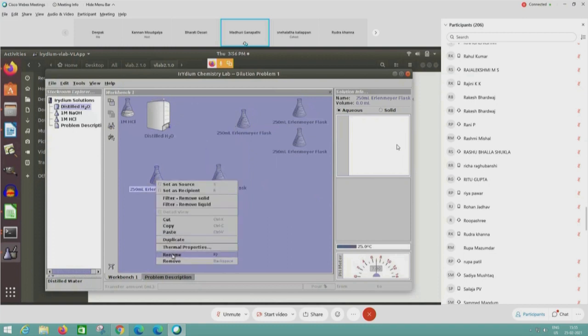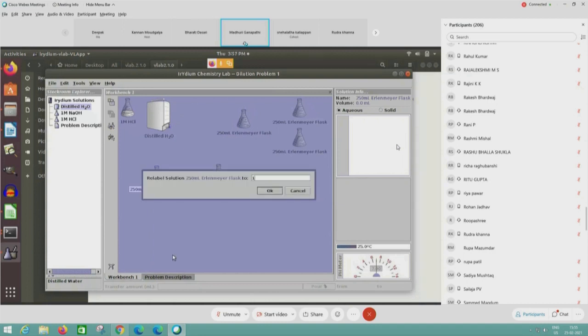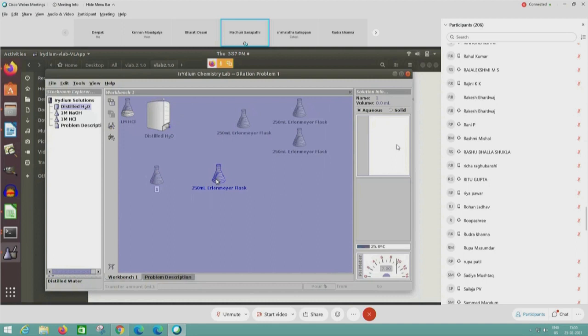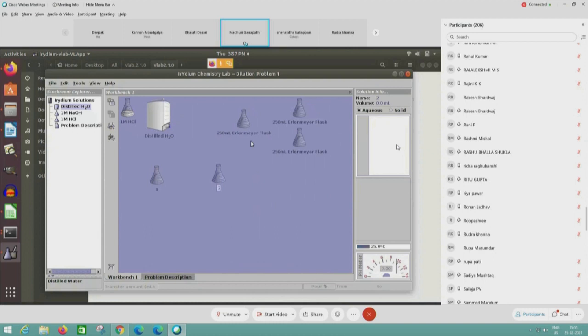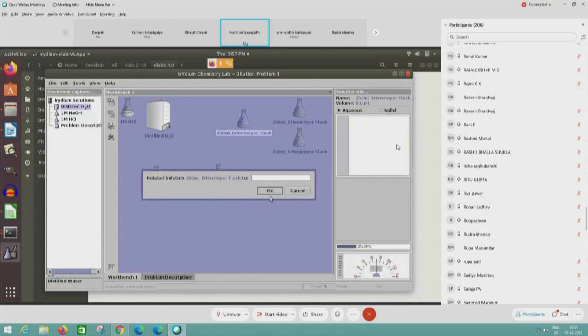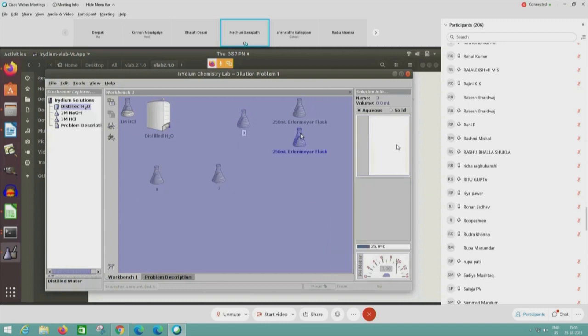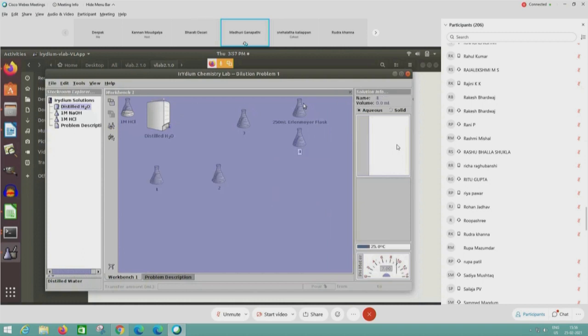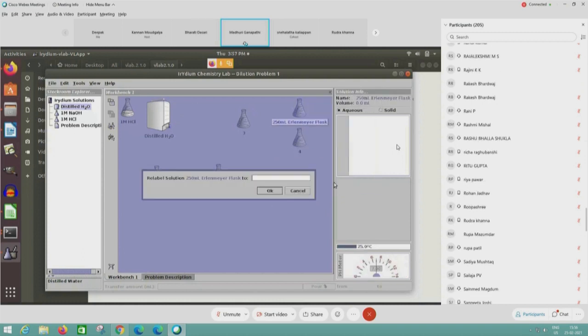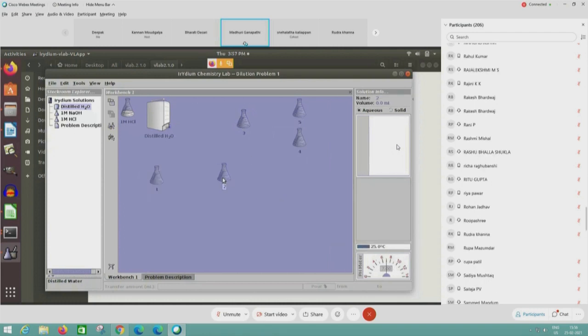So what I will do is rename them so that I will know what they are. Let me number them from 1 to 5 so that it is easy for me. Right click on it, go for the rename option, type 2 in the box, again right click, rename, and 3, rename again, 4, and finally rename the last flask as 5. So now I have got 5 Erlenmeyer flasks numbered from 1 to 5. I'll just arrange them so that everything is seen clearly. Okay, now 5 of them are on the board.